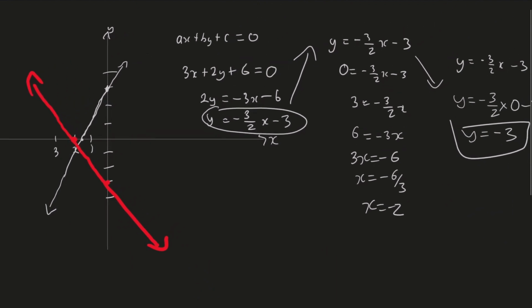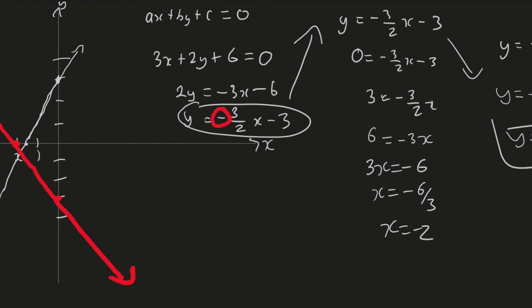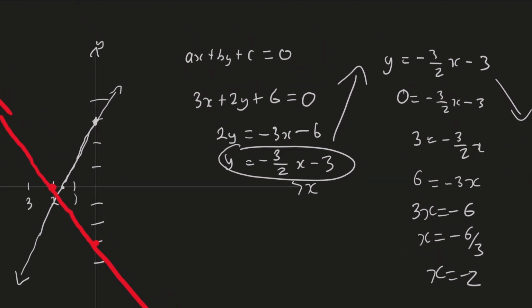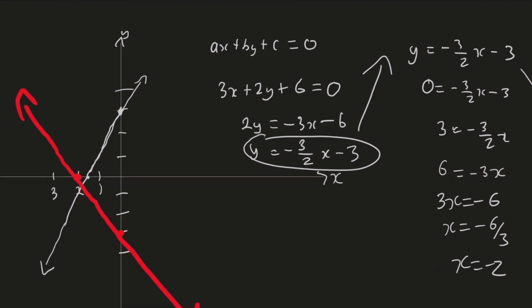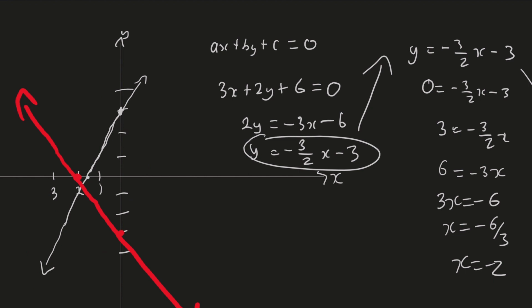One way to tell if your graph is either going upwards like this one, or if it's going downwards like that one, is whether there is a minus sign in front of the x coefficient. This indicates that you have a negative gradient, and we'll explain more about that in a future video. But for this one here, there was no negative sign in front of the x coefficient, so it meant it is a positive